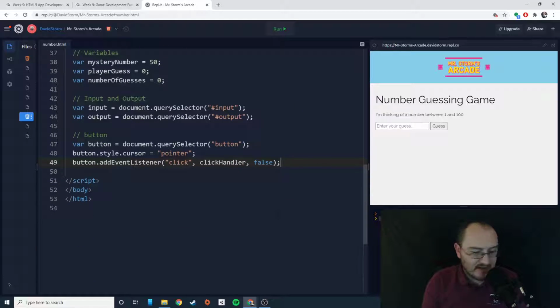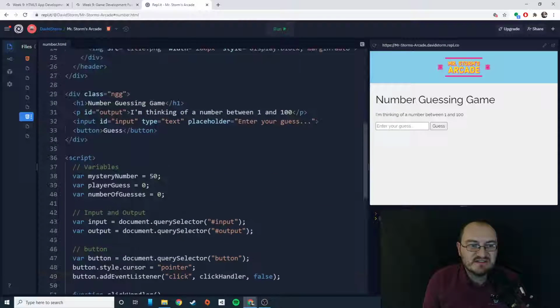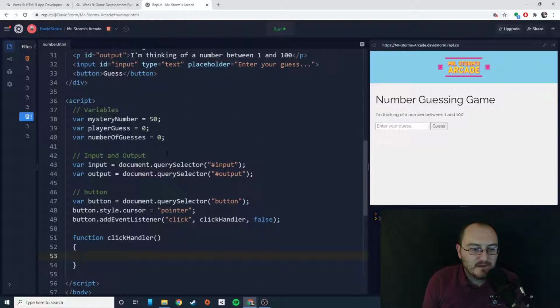Actually, let's do that right now. Let's create a click handler. So, function clickHandler. What this is going to do is, whenever we click the button, we want to do something. And just to test out everything that I have here, I'm going to actually change the output